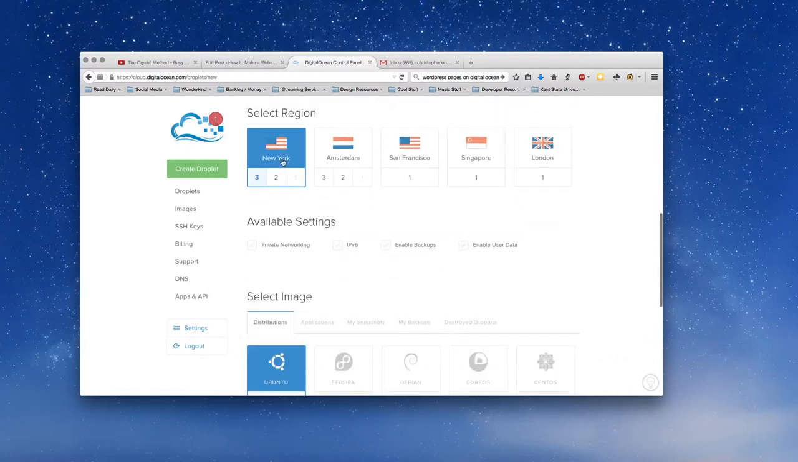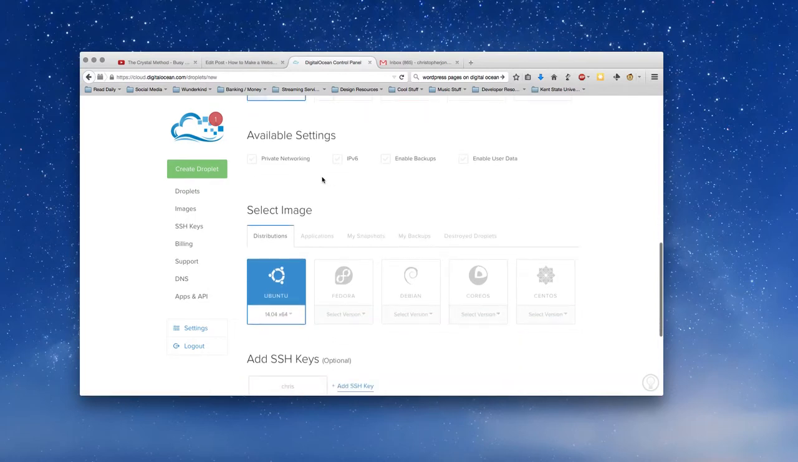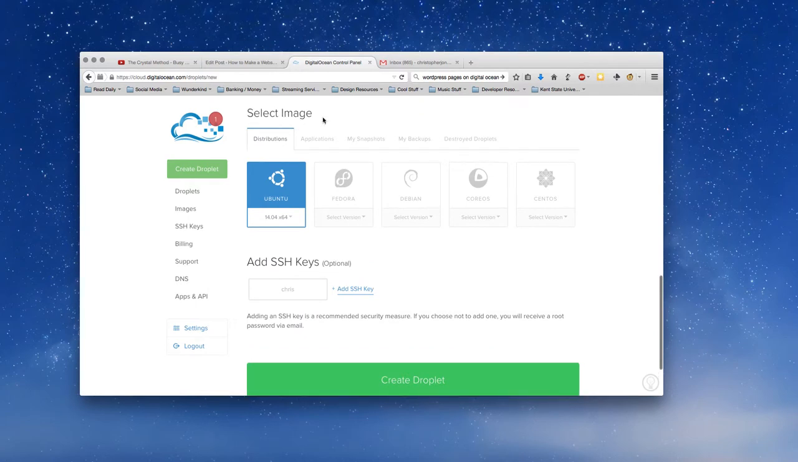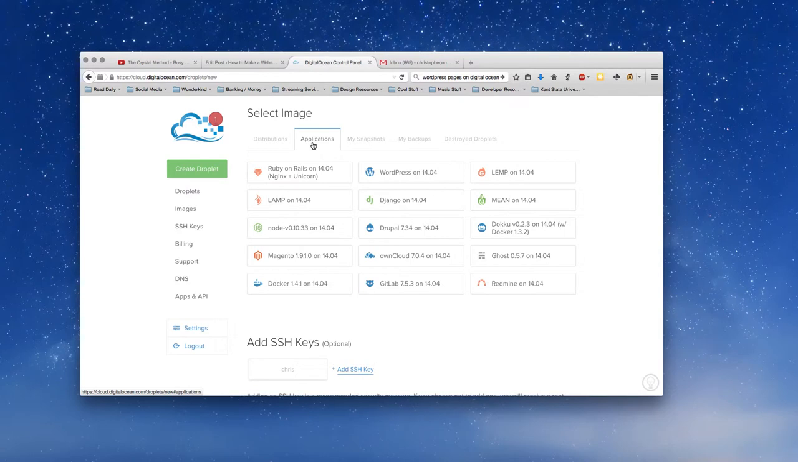Region: New York is the default region here, and if you're in Europe, or your users will be in Europe, you want to go Amsterdam, West Coast, Asia, or another European site. And available settings, don't worry about any of this right now. And select image. This is where we find WordPress here in Applications. Go to WordPress